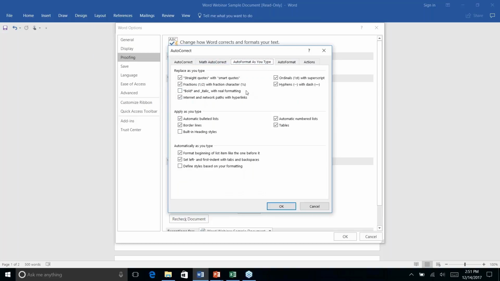Auto format as you type also has a couple of options in here that you will find useful. By default, it is going to change your ordinal. So if you have things like first, second, third, it will take the ordinal there and put it as a superscript, which means it'll be in smaller letters towards the top of the number. It's just a little bit more visually pleasing. If for whatever reason you hate that it does that, you can come in here and turn it off. Same thing with changing the quotes,